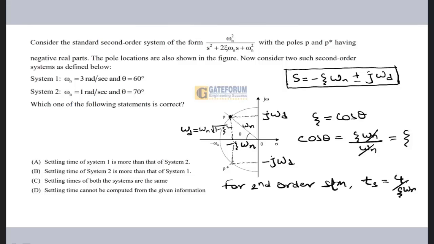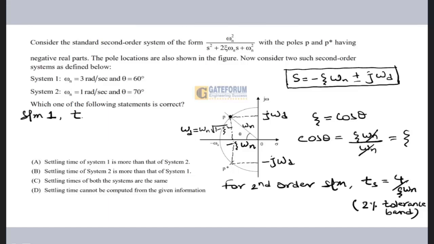They have not given the tolerance band, so I'm considering a 2% tolerance band. Whenever they don't give you the range or the tolerance band, always assume a 2% tolerance band. So here they're asking which settling time is more. So if I consider system 1,